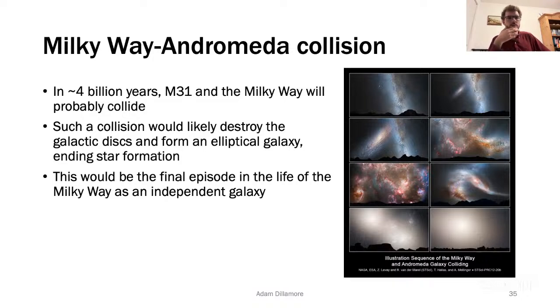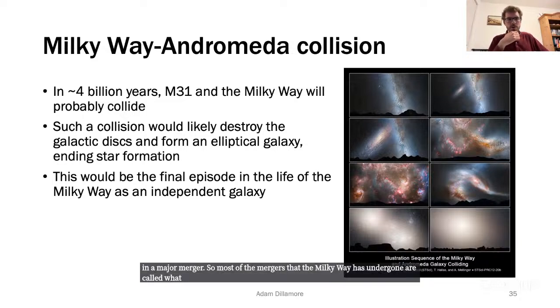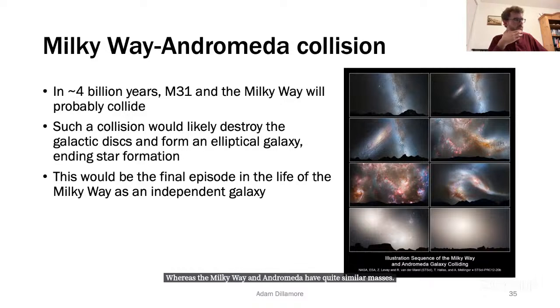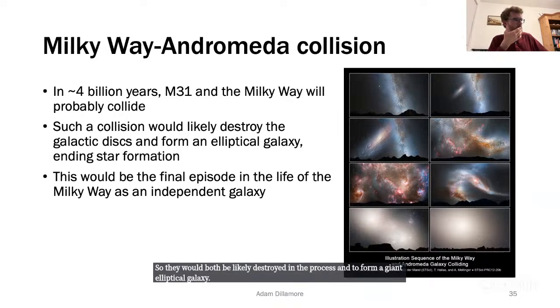a major merger. So most of the mergers that the Milky Way has undergone are what you call minor mergers. So in other words, the mass ratio is quite large, whereas the Milky Way and Andromeda have quite similar masses. So they would both be likely destroyed in the process and form a giant elliptical galaxy, as shown in